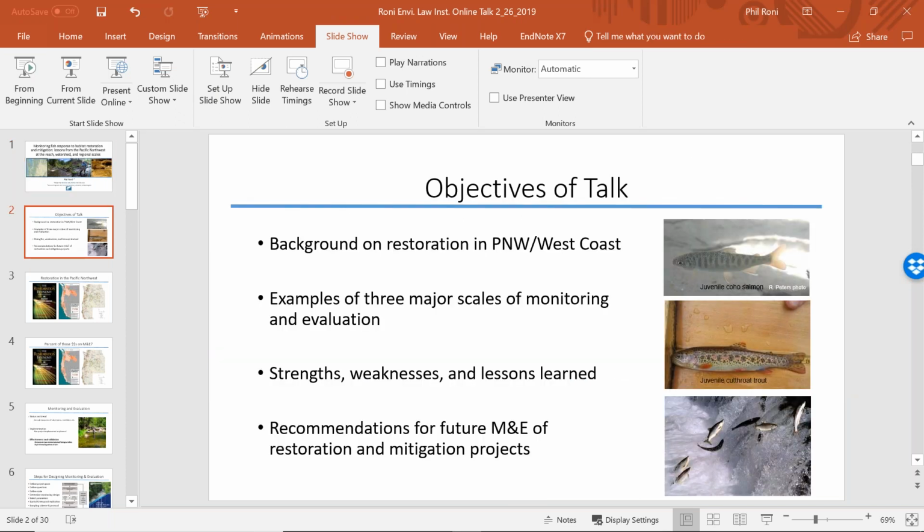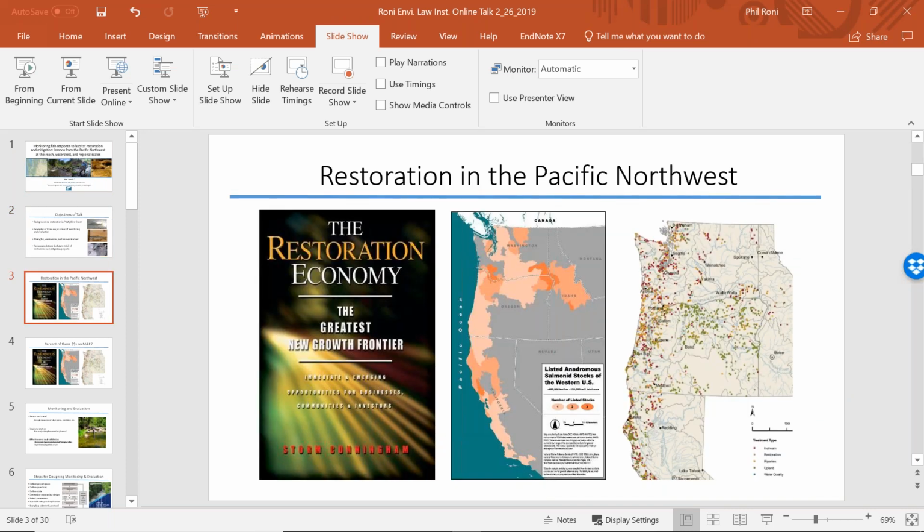Okay, now that's not working. Okay, so I'm going to give you a little background on restoration in the West Coast and the Pacific Northwest, talk about some of the major scales and some lessons we've learned, the strengths and weaknesses, and some recommendations for monitoring. Just to give you some background, restoration and mitigation in the Pacific Northwest and